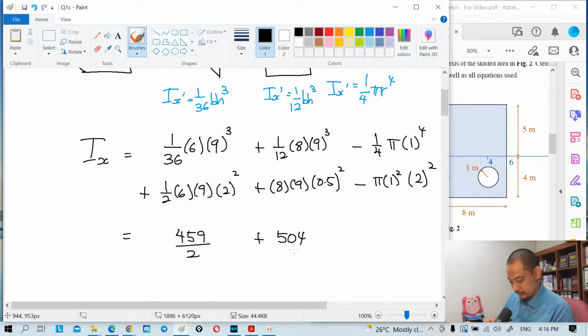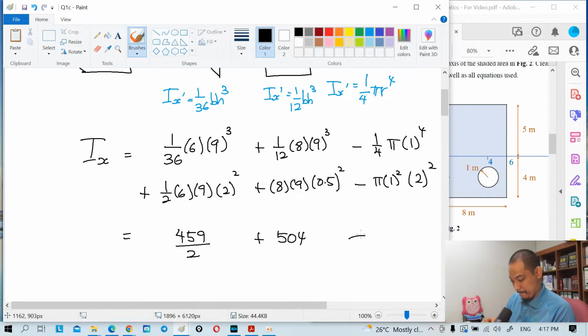Double check. Alright, so this one minus, and then 1 divided by 4 times pi times 1 square, of course,